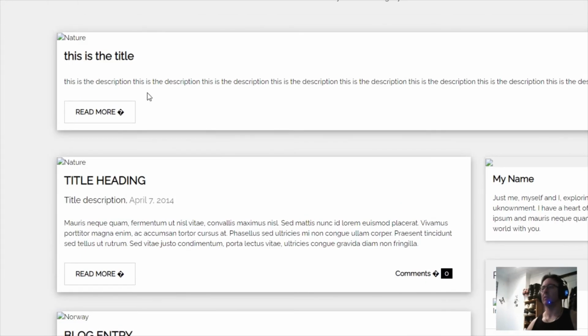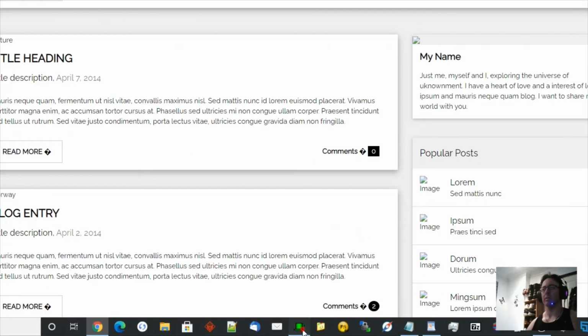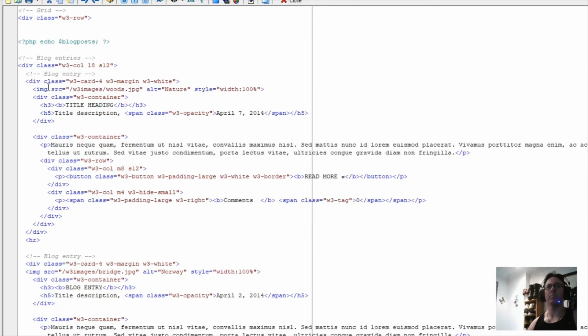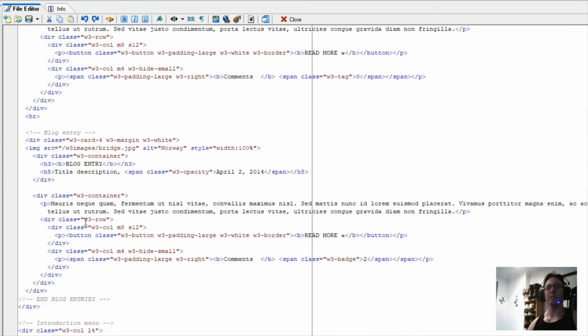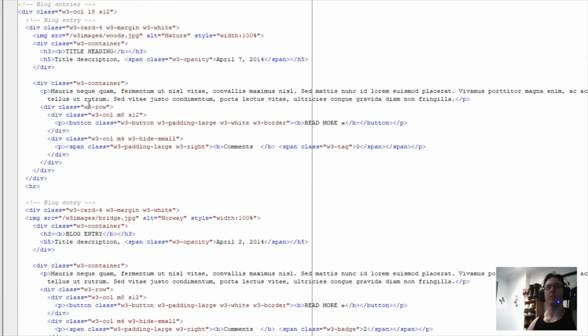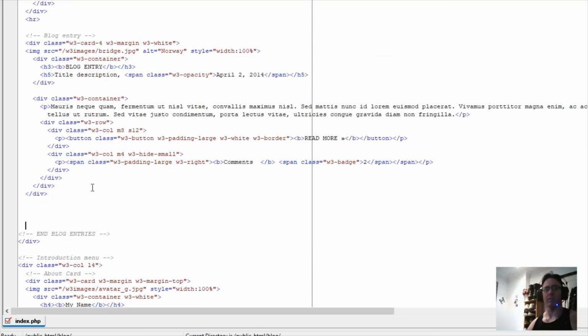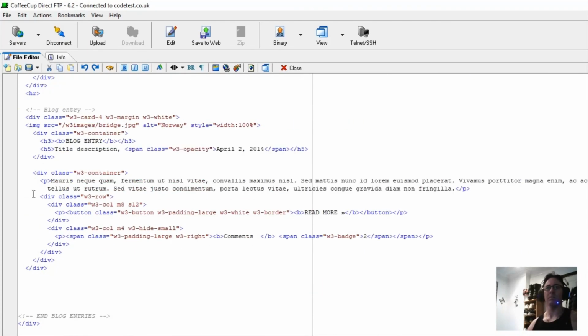Yep, that's spanned it all the way across, which is not something we want. So we want them to display down here like so. I just need to look back at the code and see what's going on with it. So it started from blog entries. The blog entry actually starts from that to there, and then another one starts from, so it seems to contain this here. And it ends with 4 divs. So just for testing, I'm going to put this one just underneath, put it here,